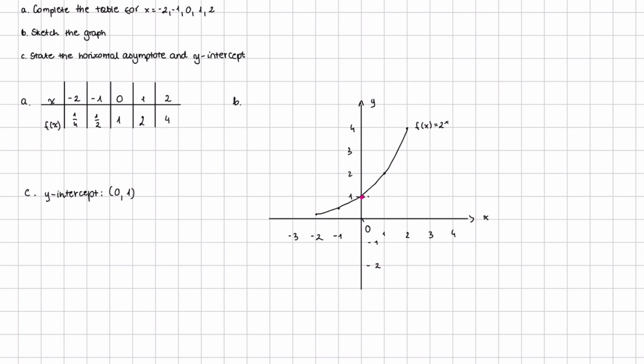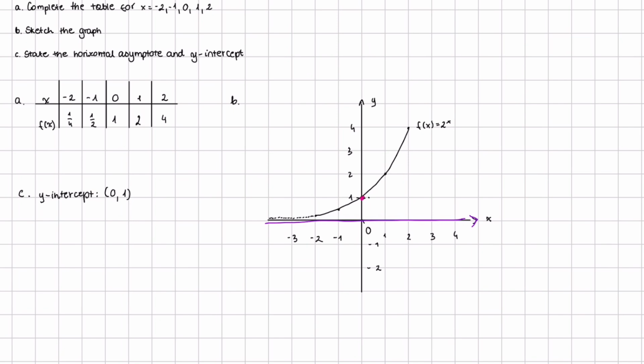And we can see that our function here will be smaller, smaller, smaller, and will not cross this line, which is also the x-axis. So our horizontal asymptote is just y equals 0,